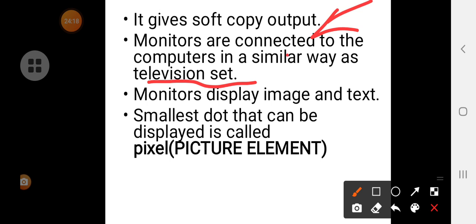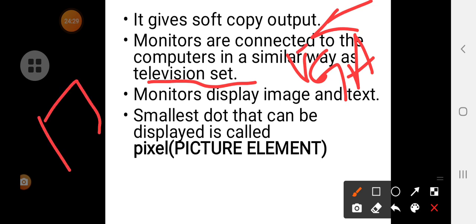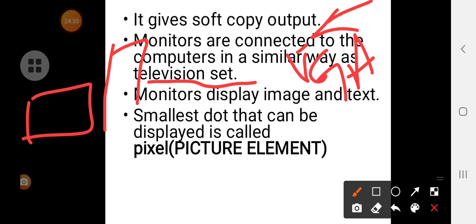In the first chapter, which you may know, VGA cable, that is video graphics adapter. Just a second. See, this is a monitor and here I am placing a CPU. From this monitor to this CPU, there will be one cable, that is the VGA cable, a 3-pin cable.